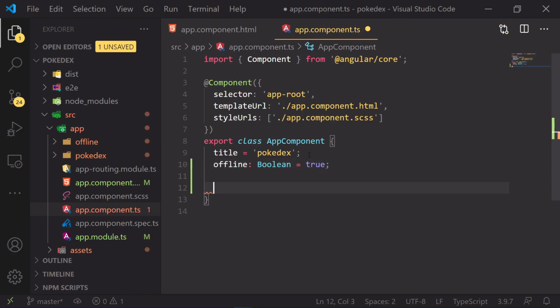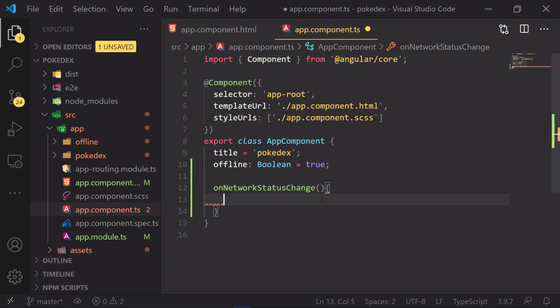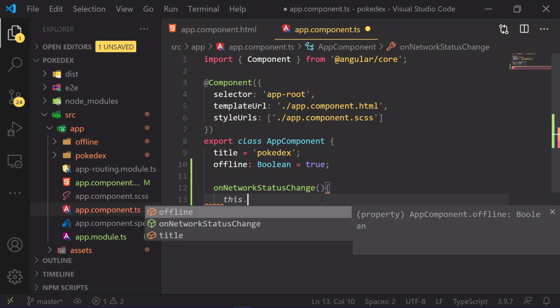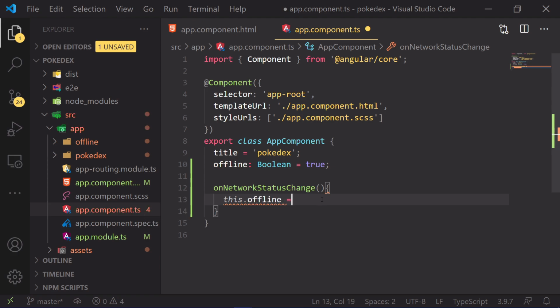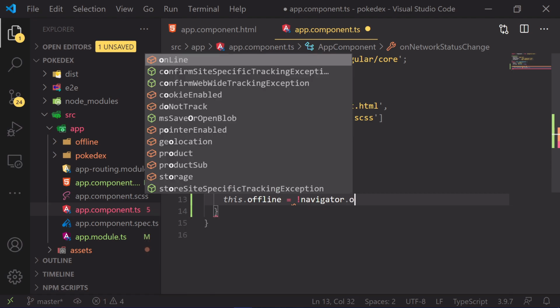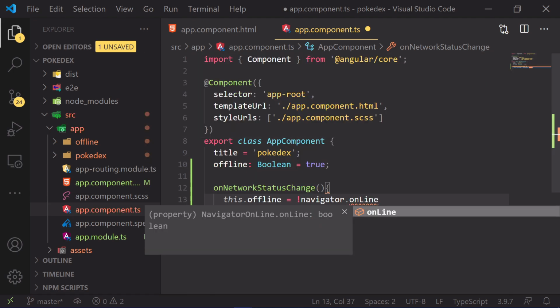Then we'll create a function called onNetworkStatusChange. This function will be called whenever there is a change in the network. Within the function we will assign a value to the offline variable, and that will be nothing but navigator.onLine.